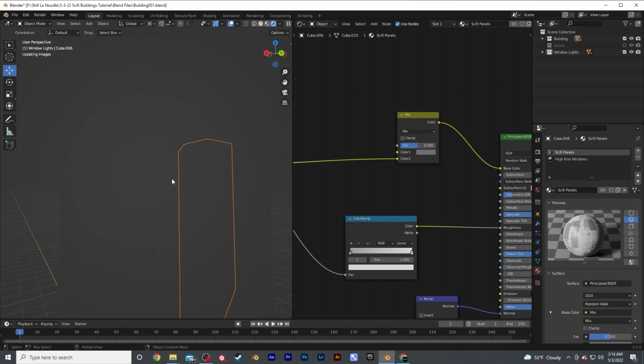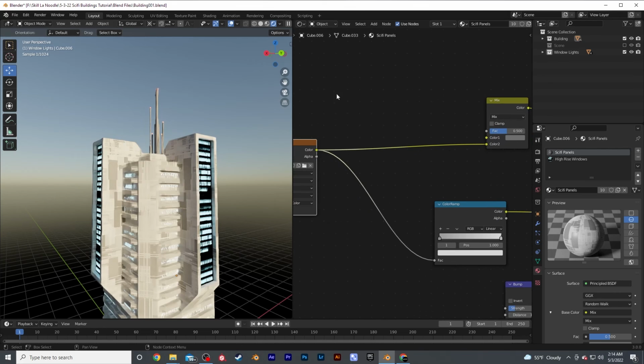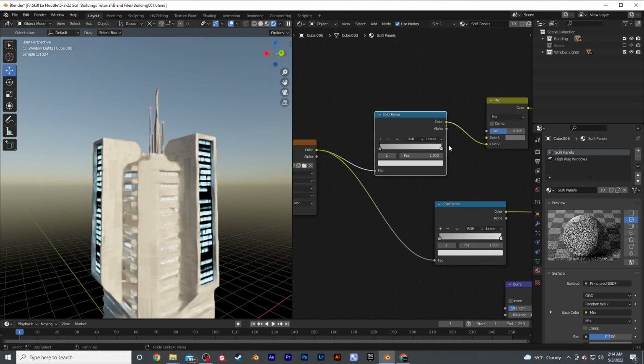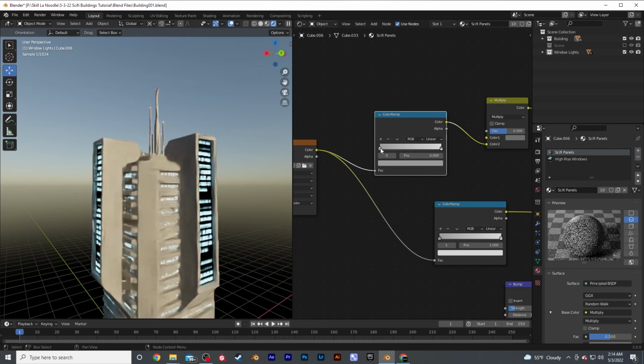But there's a bit too much of the color dispersion for me. Some pieces are too light, some pieces are too dark. So once again, bring in a color ramp node, and we're going to tone this down quite a bit. So first of all, I'm going to hit multiply. I'm going to bring this all the way down to black. I'm going to bring this all the way down to a sort of darker gray